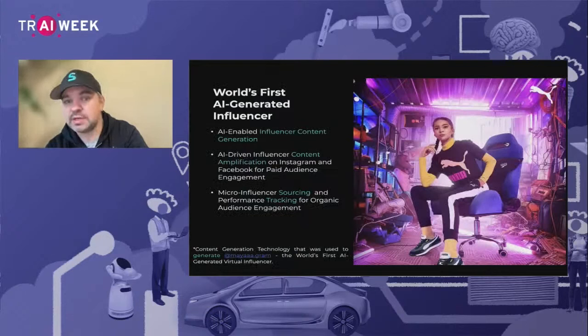AI can be used in many other things. So this lady in front of you, her name is Maya, and she has been created by AI. She is the world's first AI-generated influencer. She has been created by an agency called Ensemble, and also the company called SoMin.ai that has been generating her face and appearance. And the way she was generated is by mining